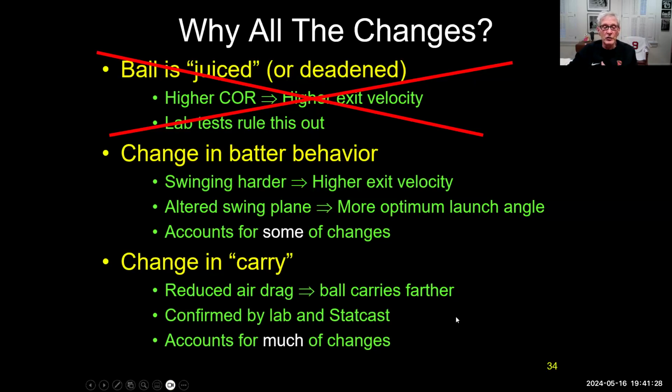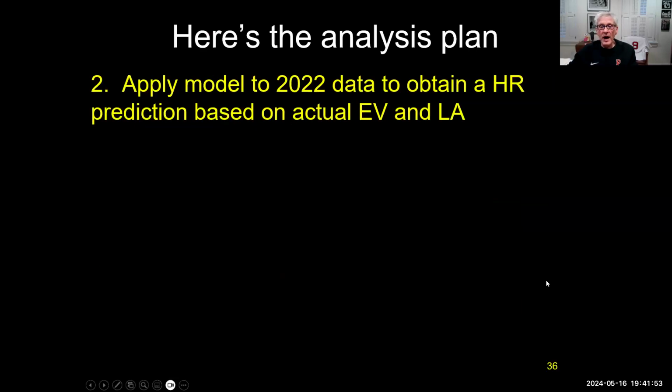have to do with the reduced air drag on the ball. So for a given launch condition, exit velocity and launch angle, during the years where there was an increase in the number of home runs, the ball was actually carrying further. And that was confirmed both by in-game data from tracking cameras as well as laboratory experiments. And that accounts for much of the changes. And so I'm going to skip